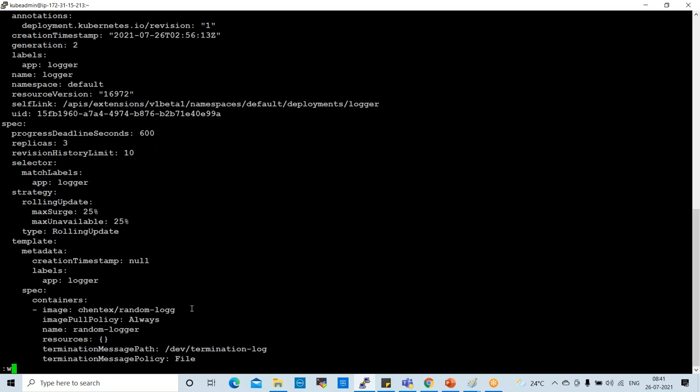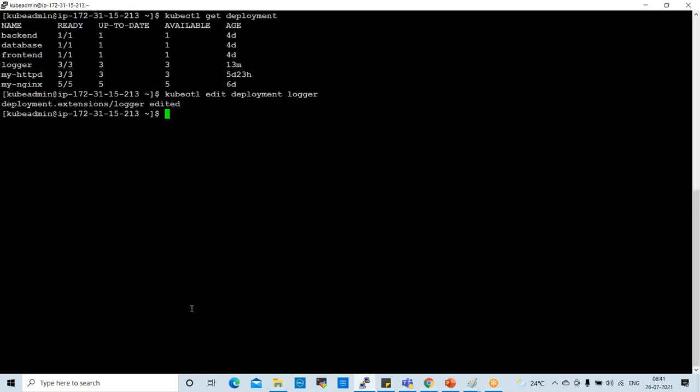Escape, save and quit. So you can edit a deployment using kubectl edit deployment and the deployment name. Once you modify that, you can save and quit. Okay, enter. Now if you check here, kubectl get pods.